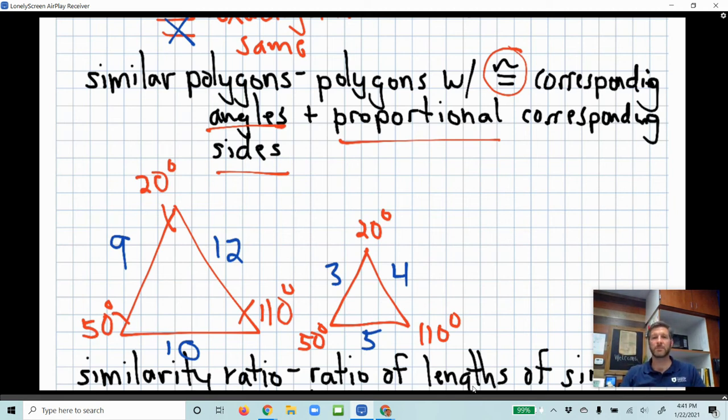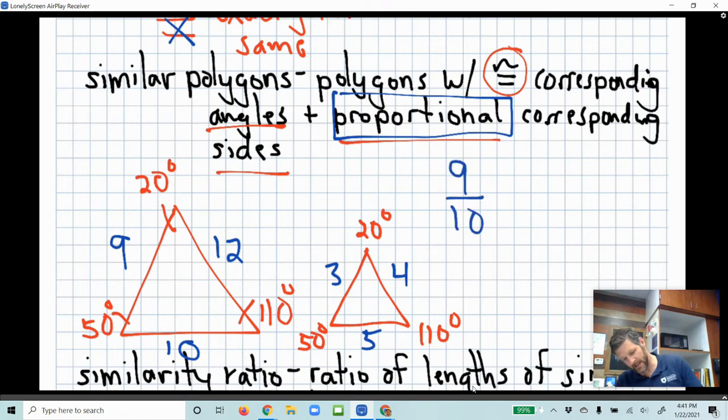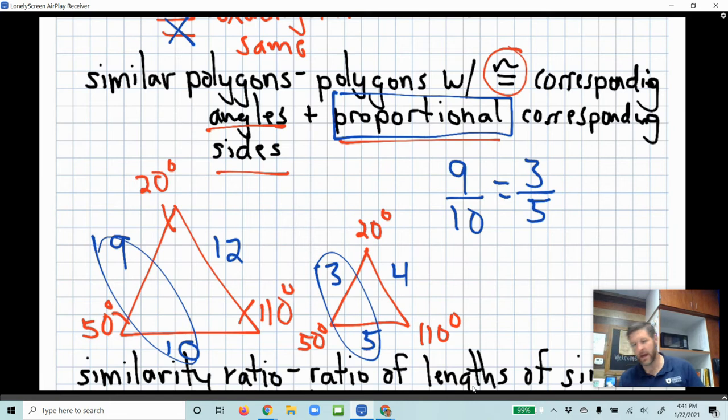But not only different side lengths, but are they, here's the key word, proportional? Well, that's going to be the real trick. Can you write a proportion using all the different sides? We can check that, and say, okay, if the ratio of one side is 9 to 10 right here, that should be the same ratio as here. Does that equal 3 to 5? And again, you can just kind of look at that and go, yeah, because I can see they're both divided by, oh,